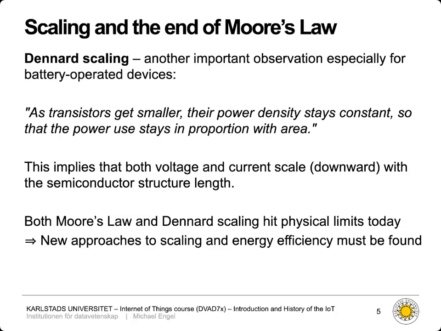But also Dennard scaling hits the physical limits. So in a real physical device, you have two sources of power consumption. So this dynamic power consumption is the power we use when we're switching a transistor. So when we switch a value in a digital circuit from 0 to 1 or the other way around, we have to move around charges, so we have to switch capacitance, and this just is what creates the